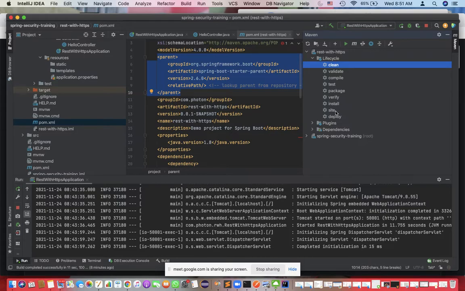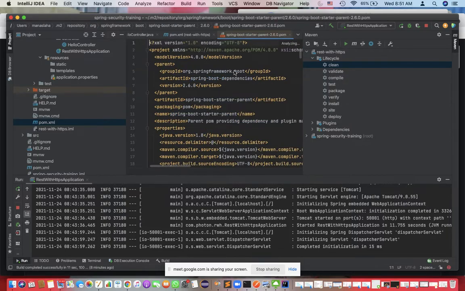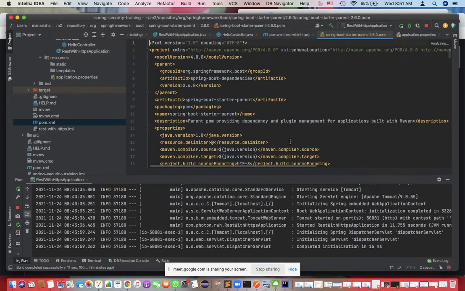These are already defined. How can you see this? You can go inside the starter parent and take a look at what is written here. Here you will get the complete skeleton of the real pom.xml being used by Maven.